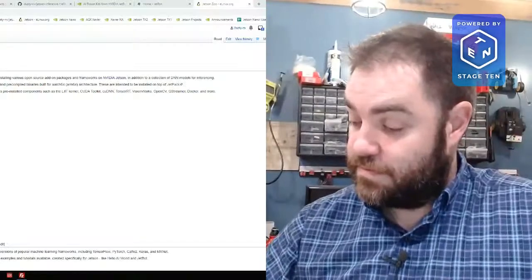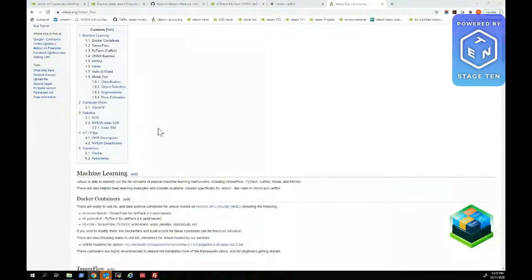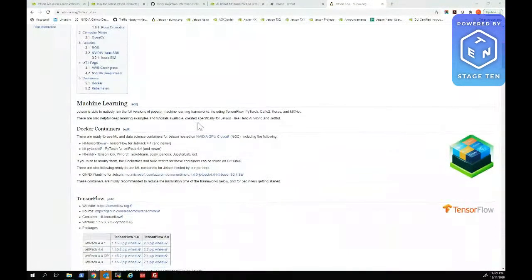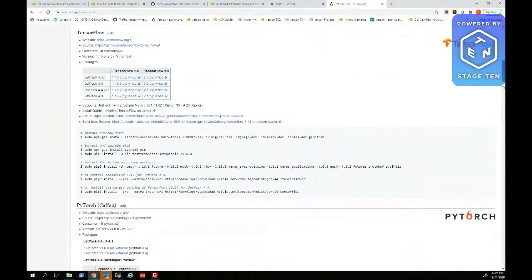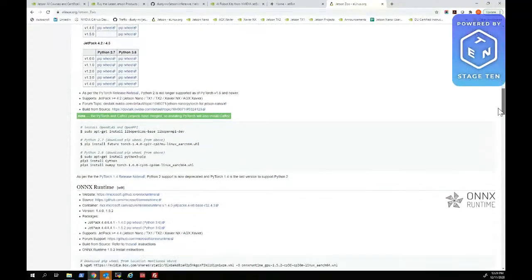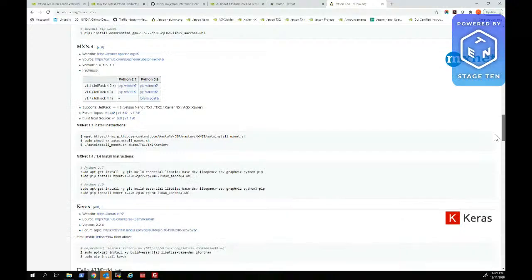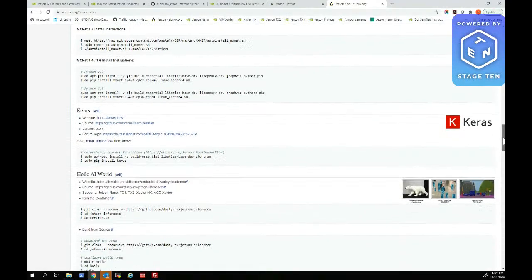So as far as the Jetson goes, we have what's called the Jetson Zoo. It's just a page that I maintain on the eLinux wiki. And not only does it have all of the frameworks that are pre-built and you can install in here, like PyTorch and Caffe and MXNet, and the popular ones like Keras and whatnot, you can install lots of others as well.